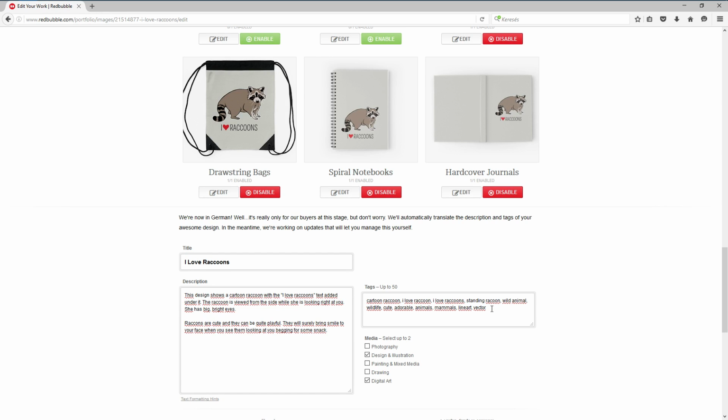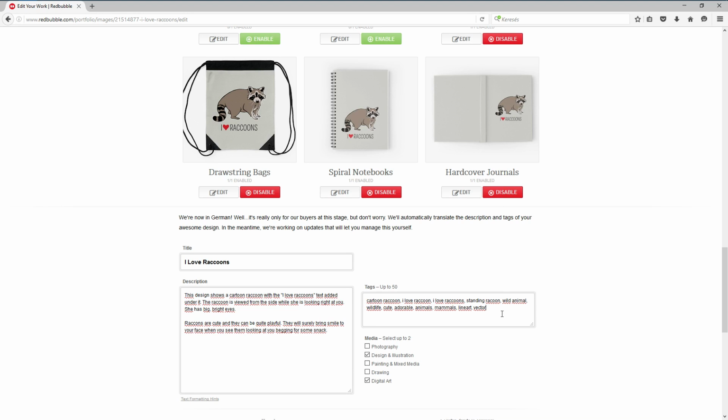I am not adding the t-shirt or product names as tags, because Redbubble will do that for you. That's really not needed. What is needed is the first part of what I said, that I love raccoons. That's what he will search for, or cartoon raccoons, or